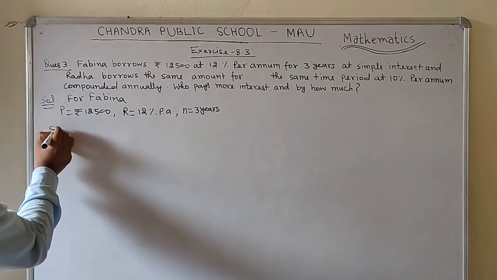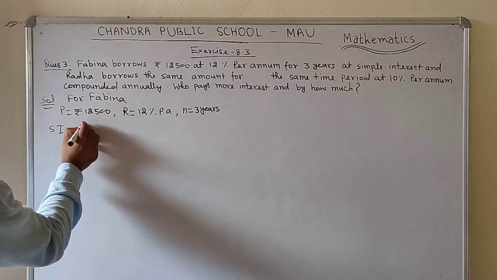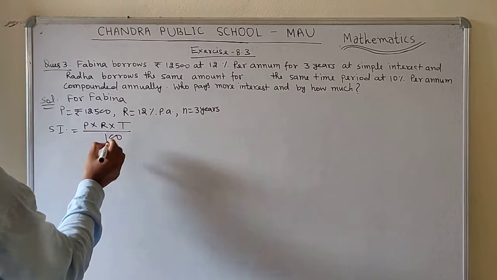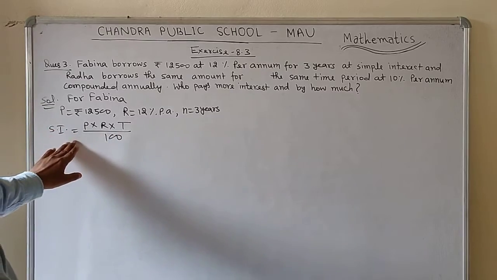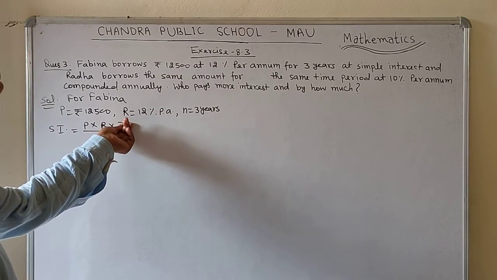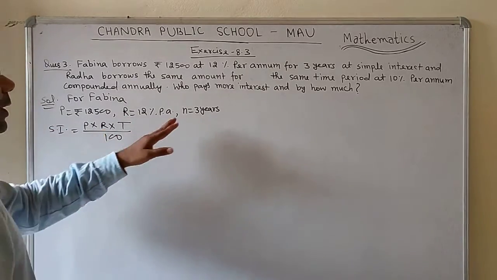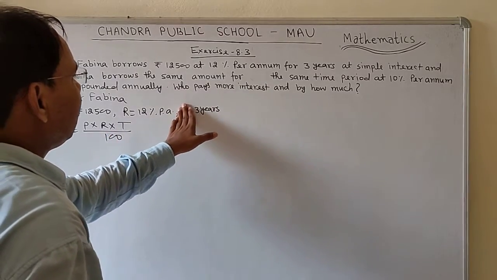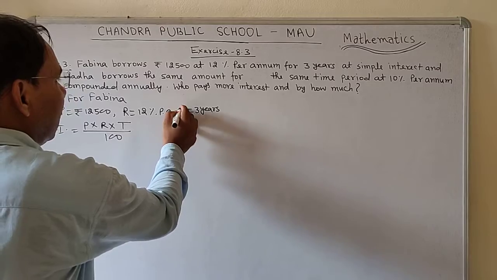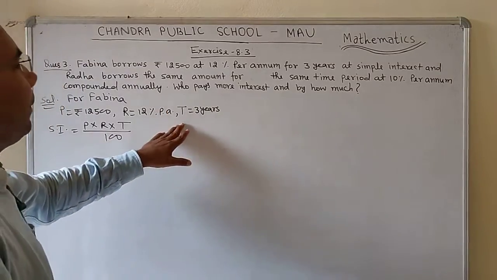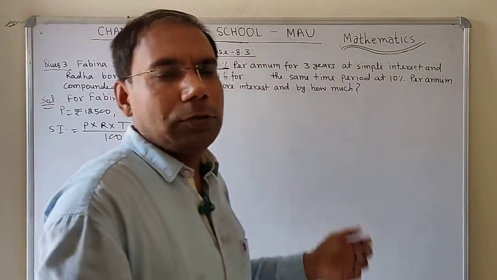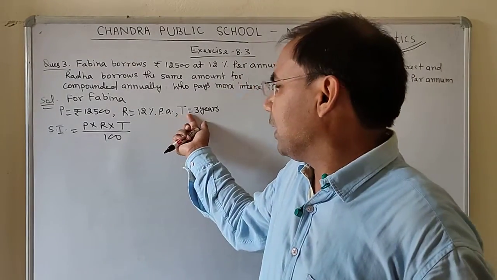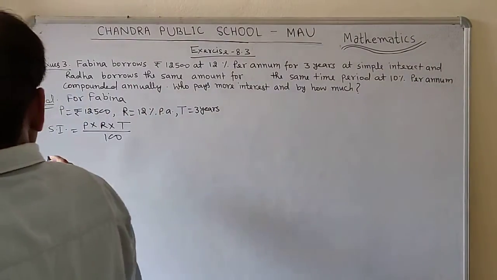Simple interest formula equals P into R into T upon 100. Here in the formula of simple interest, T is used for the time period, and in compound interest, N is used for the time period. So both are the same. In the compound interest, the same time period is represented by N. Here it is a variable, so I have taken T for 3 years. Now simple interest